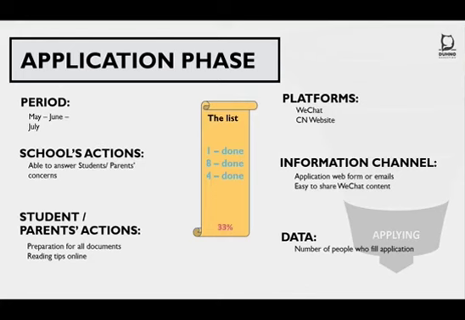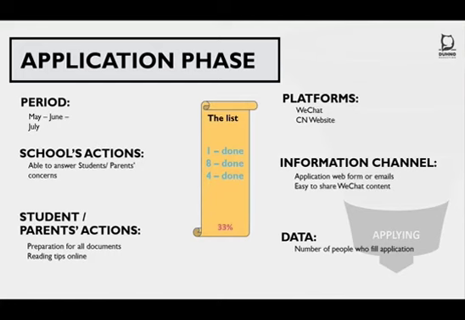So the information channels will be application web forms or emails, depending on how you collect the application information from the students and the families, or directly with easy-to-share WeChat content, but at this level more about how to fill the documentation, for example. So those documents can be prepared, not necessarily shared officially on the WeChat accounts to the public, but some content that you can share to people pretty easily as hidden content.